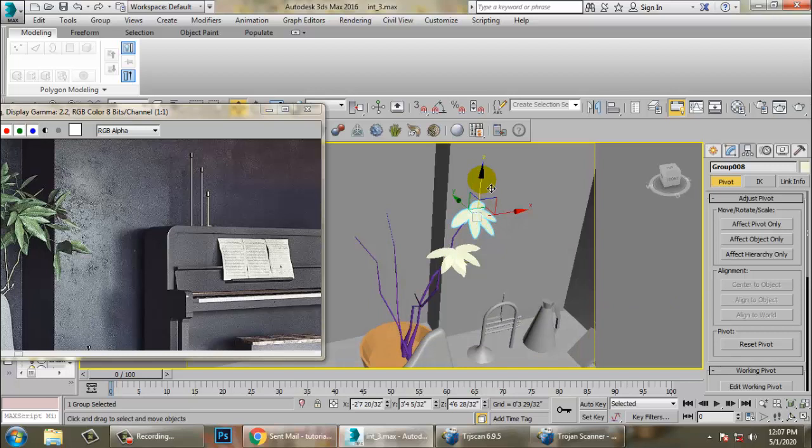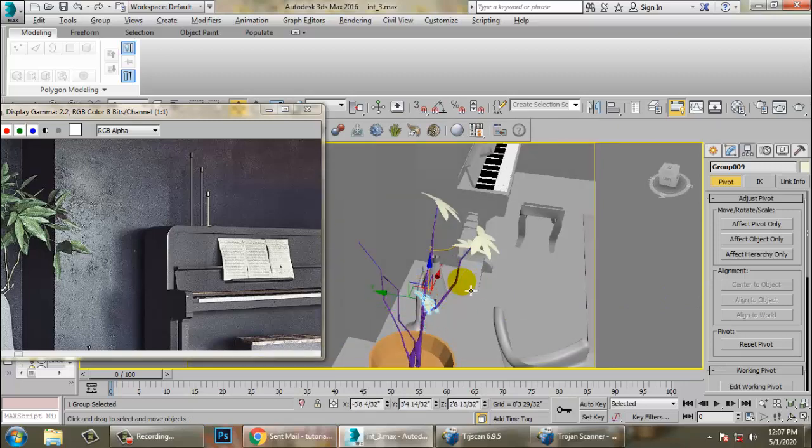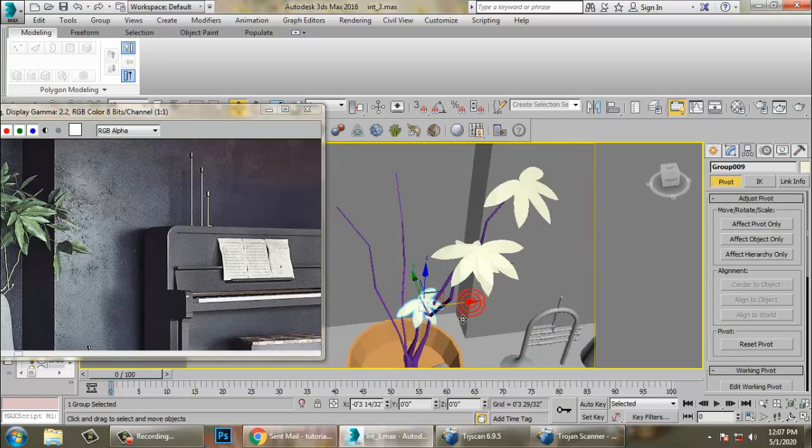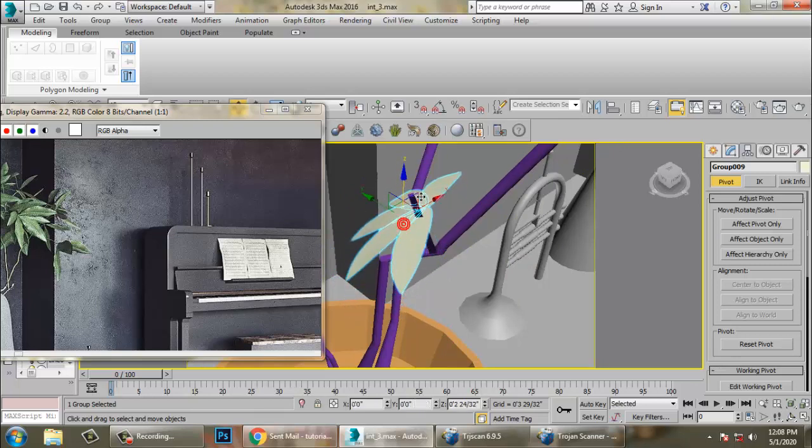Resize it. Just go on resizing it. Non-uniformly. It should not look like the same leaf.